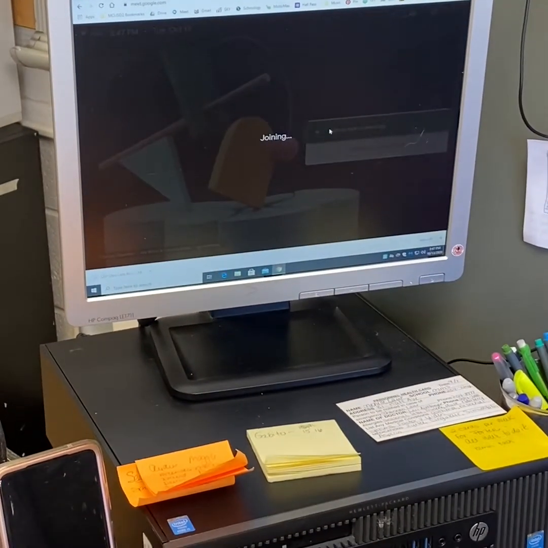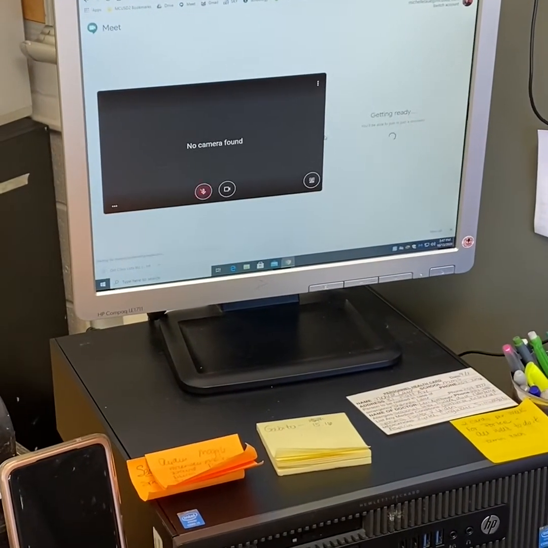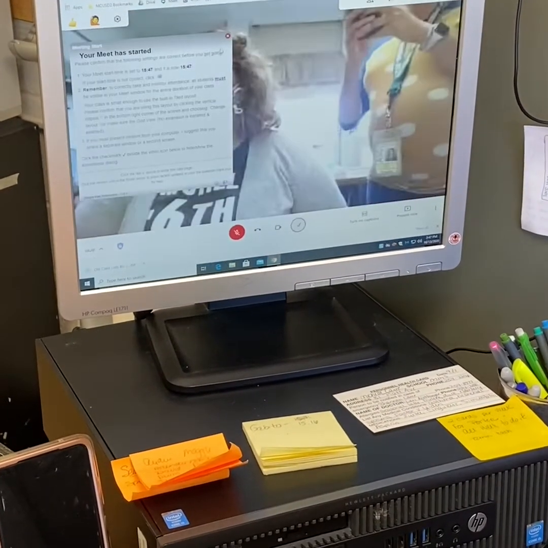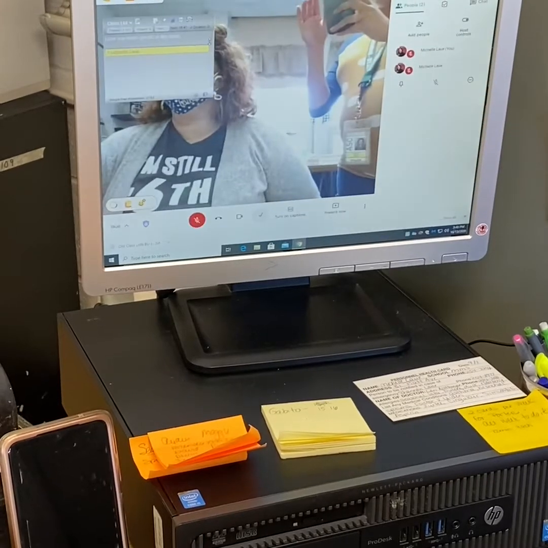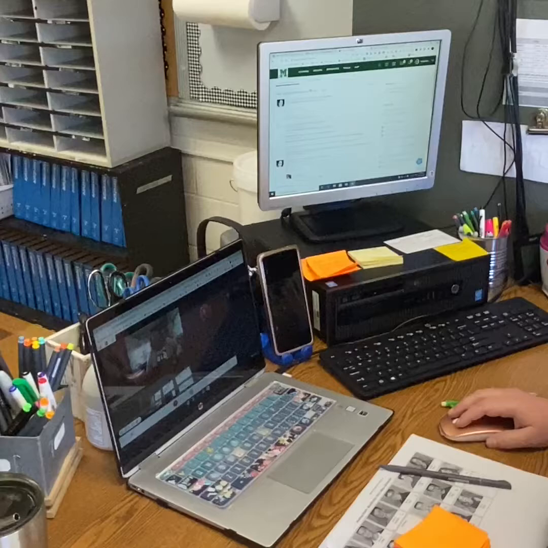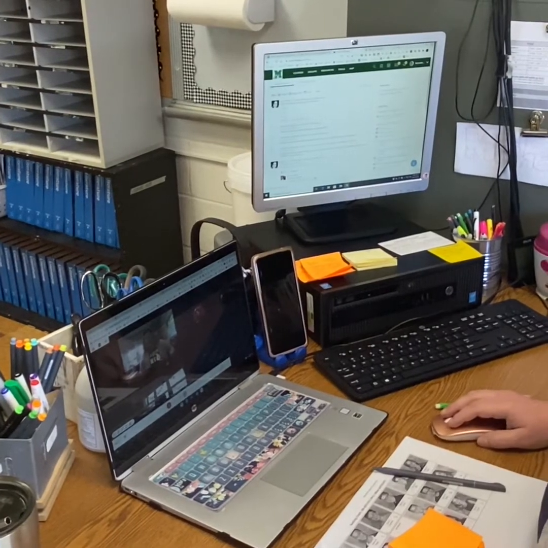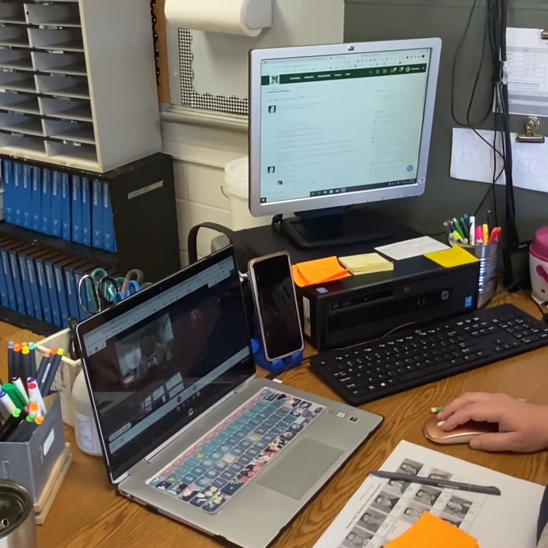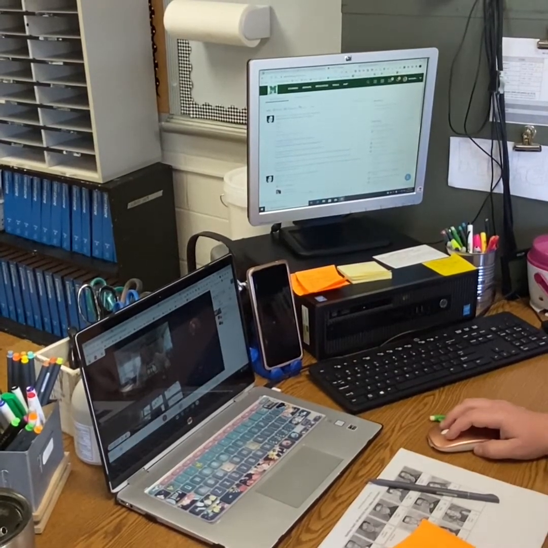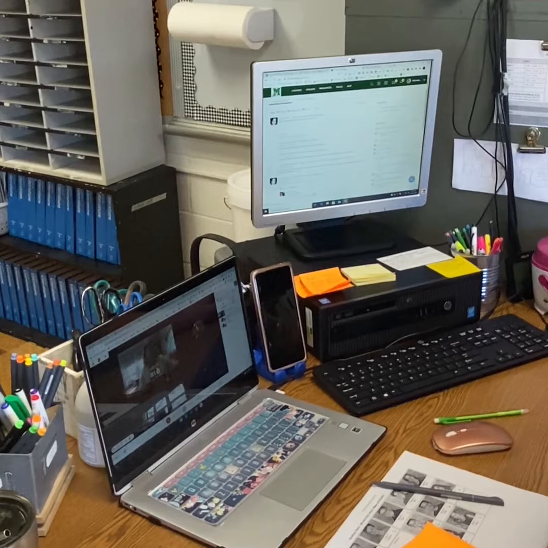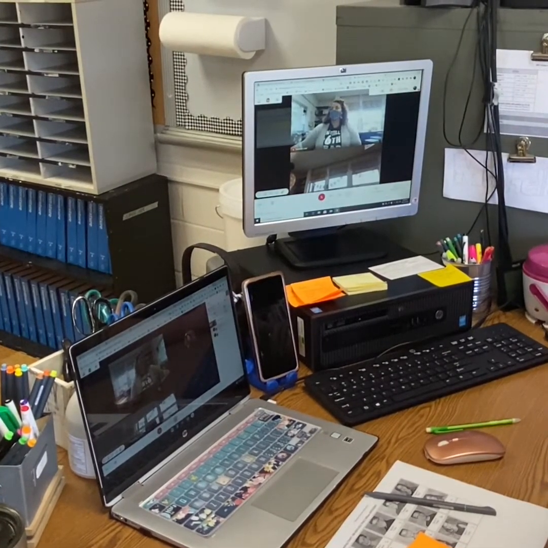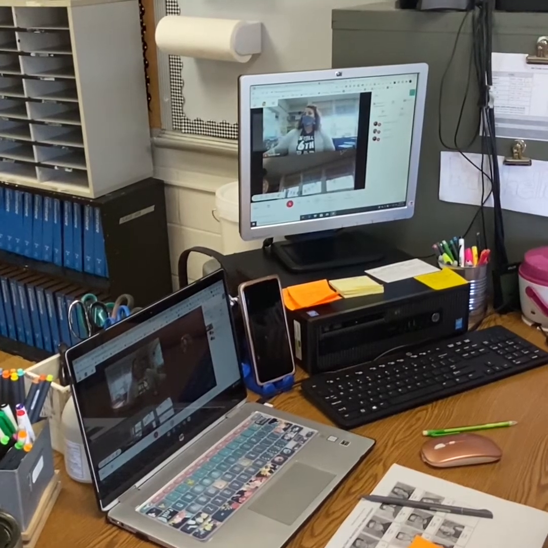From here, you're going to be joining as a student. So you are going to be able to see all of your students on this device. This desktop is really just intended to be able to see all of your students. So from here, you will be able to see who you have on your Google Meet. You can go in and look at your participants so that you can see who has joined your Google Meet. From your desktop, you also have the same controls, so you can still see who is on your Google Meet,